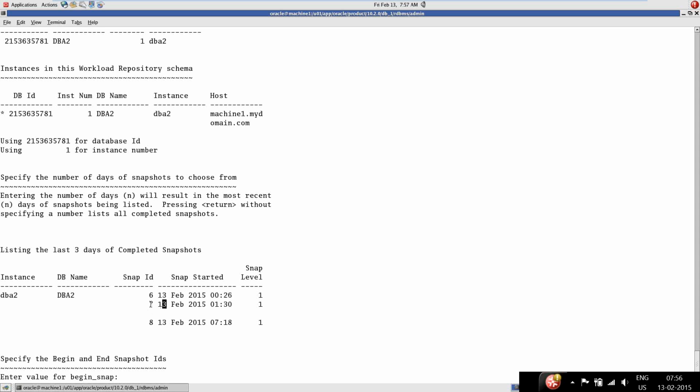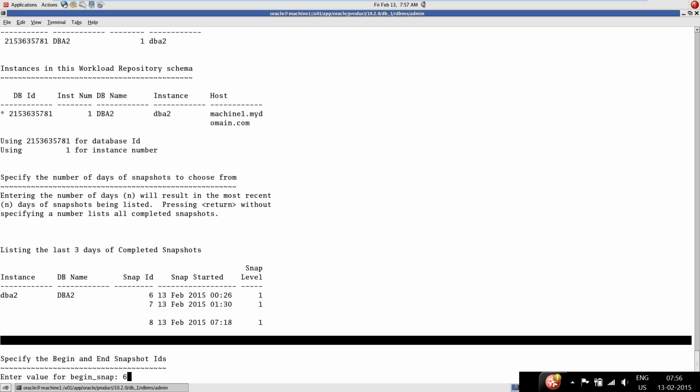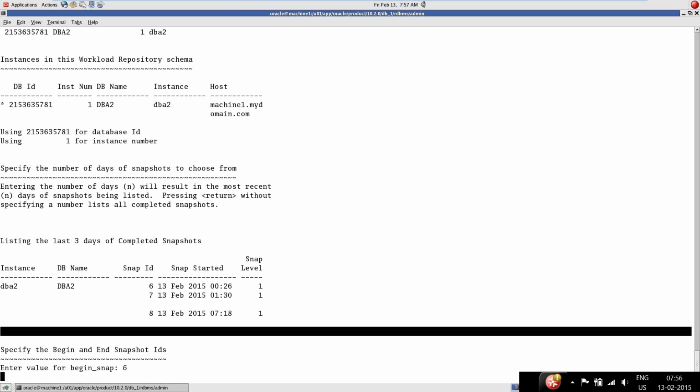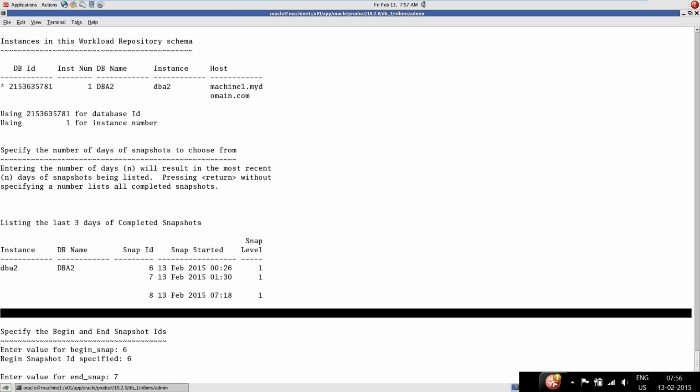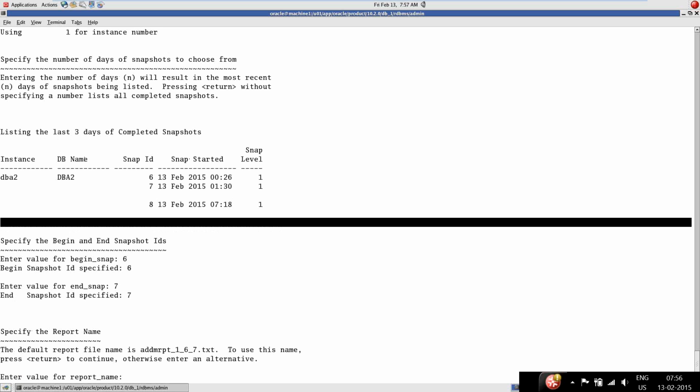I would like to generate the ADDM report between snaps 6 and 7. Begin snap is 6 and end snap is 7. What is the report name? Just give the same name. If you want to generate it in a different location, you need to give a path like /u02. I want the same location, so I am pressing enter with the same name.